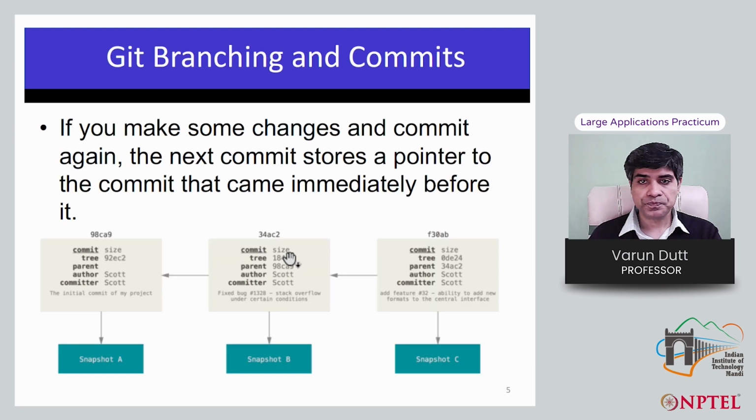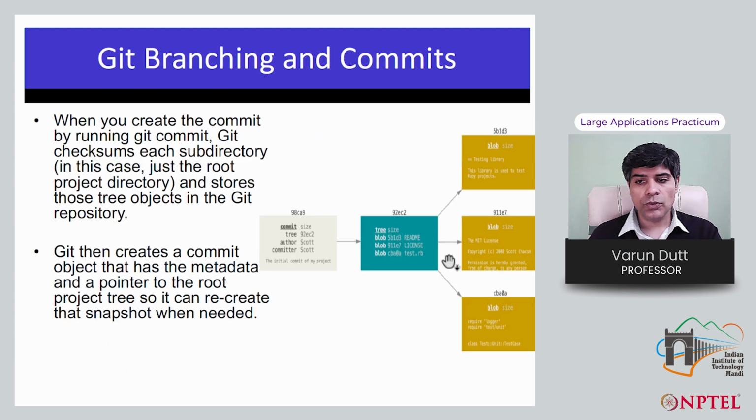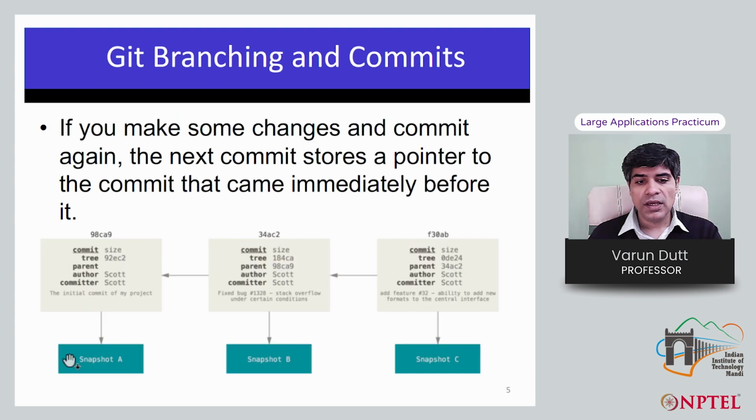Generally, when you make some changes and commit again on Git, you create another tree-like structure where the snapshot is referring to the tree-like structure which I showed you. The blue box and the yellow box are represented by the small box as snapshot A, and you can see that every time you make a commit, you are creating those tree-like structures where there's a pointer from that commit to the last commit. And this is how Git stores information.